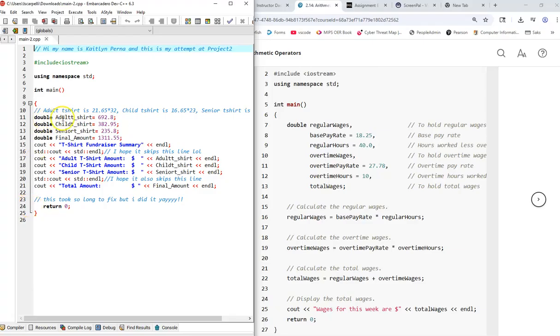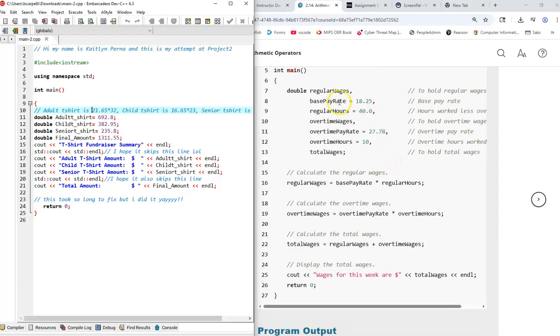So what I was looking for was this calculation here that you've obviously done. I would like to see that coded into your program. And the reason for that is because it lends more flexibility to your code. So for example, if this quantity of t-shirts, this 32, were to change, or the price per t-shirt were to change, you just change that number in your code and then all of your calculations would still be accurate. So if you look at how it's done here,